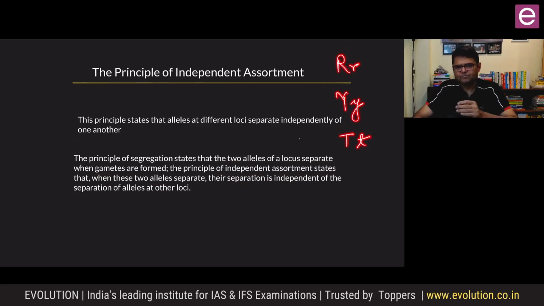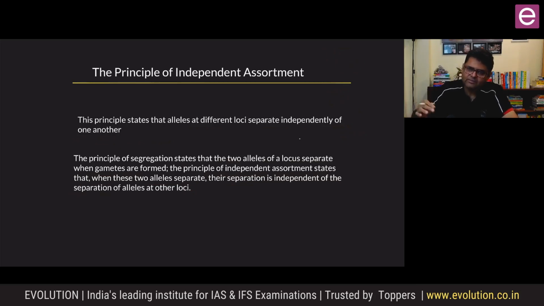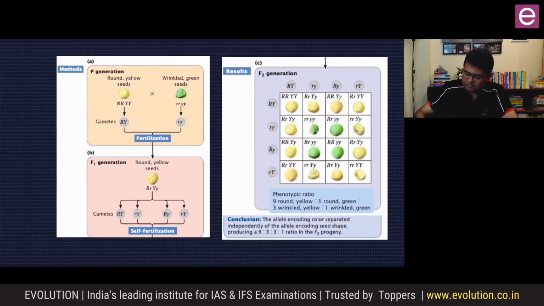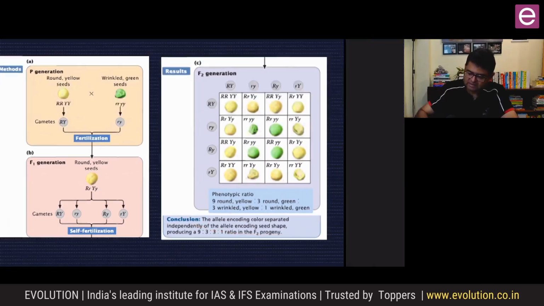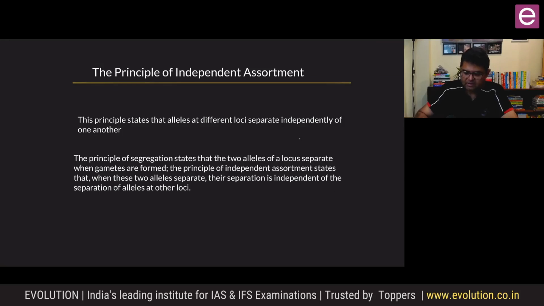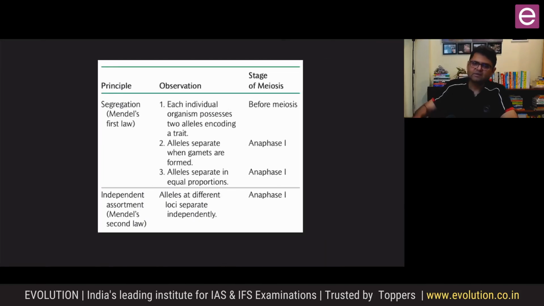Right? So you will get all the 4 types of gametes, and since all the 4 types of gametes are formed, so you will find this kind of ratio. So these are the 3 laws of Mendel. Dominance, first segregation, next dominance, third is independent assortment. And if you have to write the difference between segregation and independent assortment, so